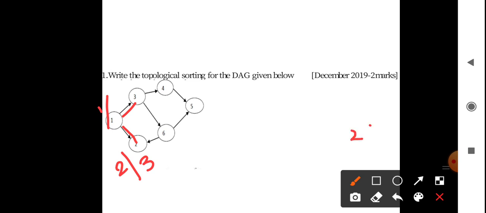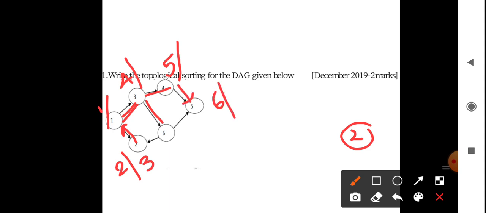So I added vertex 2 to the linked list. And then I go backward. Then 1 is not completely explored because there is 3. So I selected node 3, its value is 4. Then it can go to either 4 or 6. I selected 4. So its discovering time is 5. Then we can move on to 5. So its discovering time is 6. Then all nodes of 5 are explored. So its finishing time is 7.